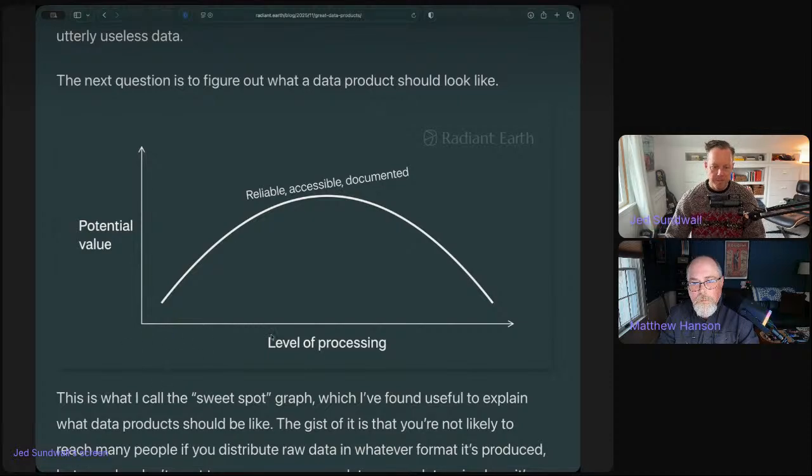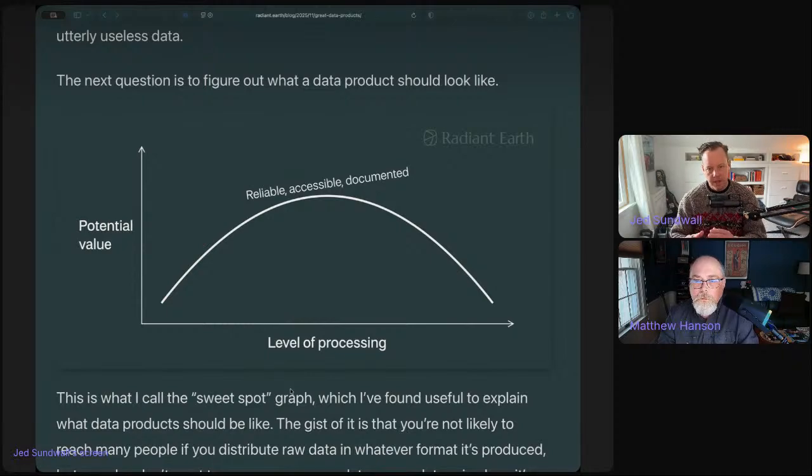You can spend a lot of money sorting through the data, processing it, creating an interface, doing user testing to create a tool that helps you understand mudslide risk in the Pacific Northwest. You've gone over this huge arc where you spend a ton of money, but then the potential value of the data is diminished again, right? And so this is always my warning against focusing on GUIs or dashboards and stuff like that,